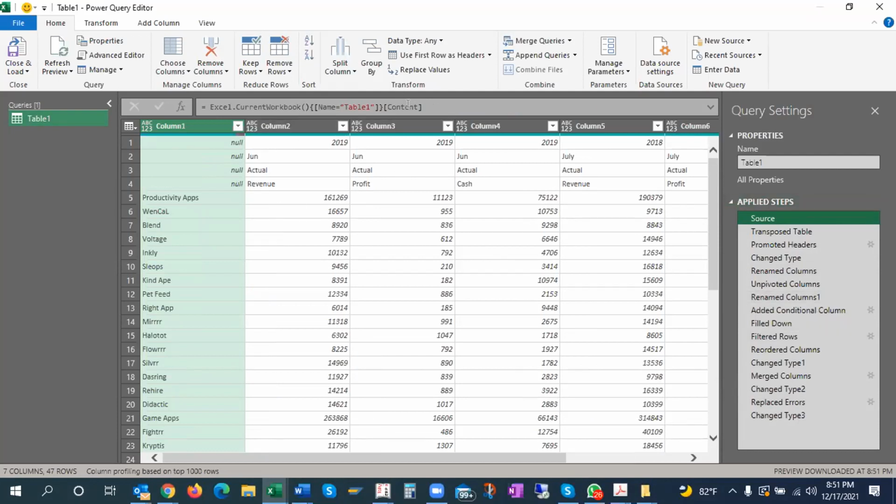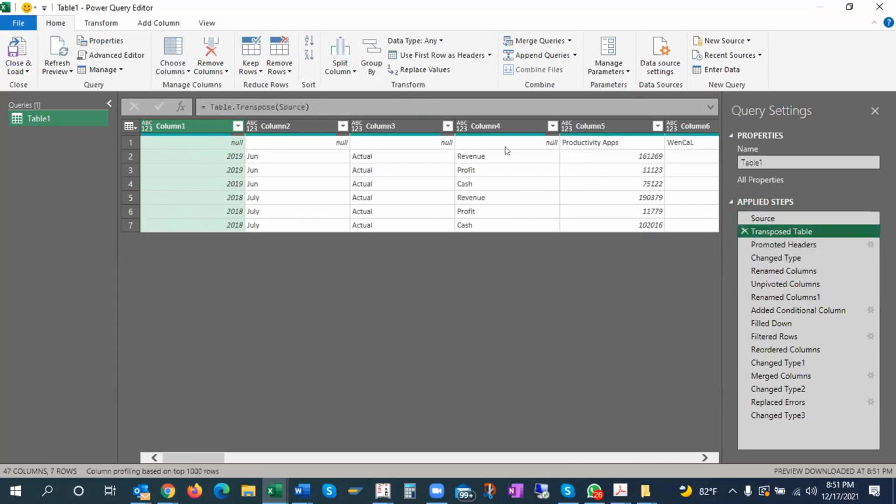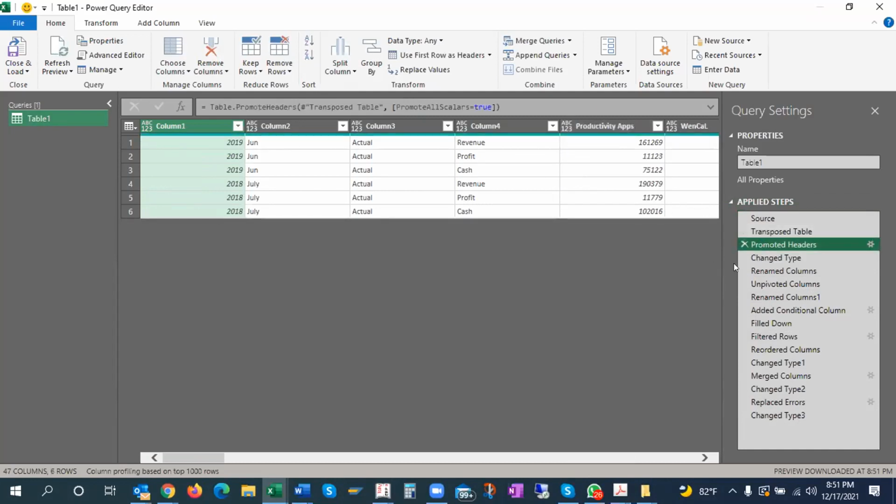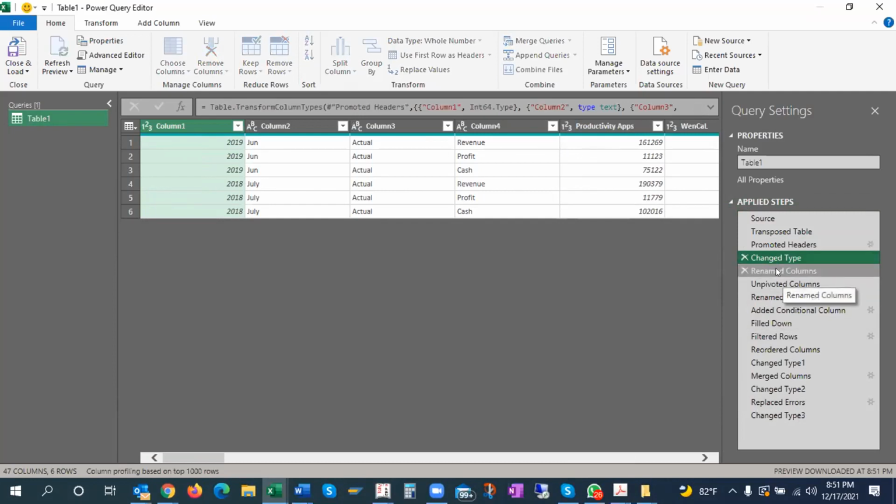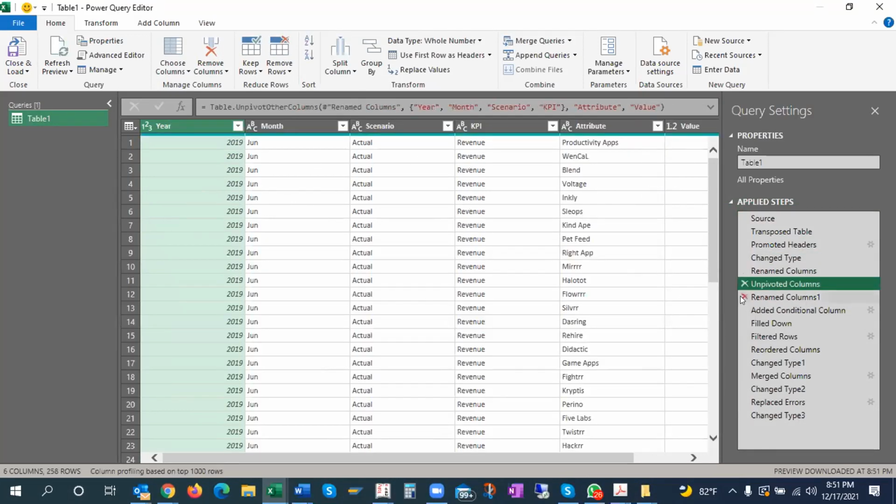I have taken this data from the source, and then I transposed this table first, and then I promoted headers, and then I changed the type of all the columns. I renamed the headers here. I have unpivoted, and then I have again renamed.